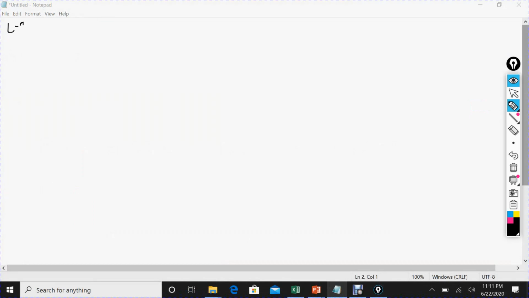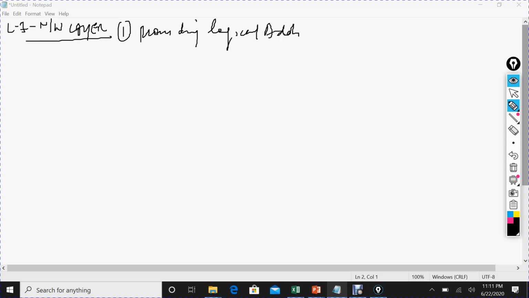The network layer is the layer 3 layer of the OSI reference model. And in the network layer, the functionality we perform is first providing logical addresses. Let's suppose you are assigning an IP address to any router or switch or firewall or PC, laptop, whatever the networking component is.